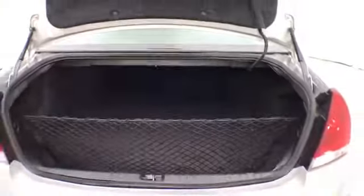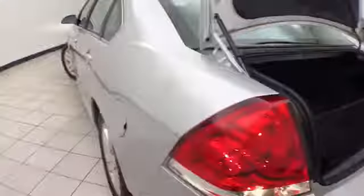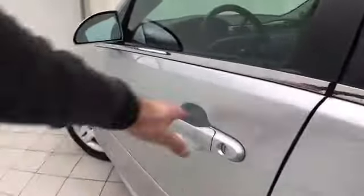Spacious trunk, one of the largest in its class. Removable cargo net, perfect for keeping smaller items secure. This LT has keyless entry with remote start, power windows, locks, mirrors, power driver's seat,